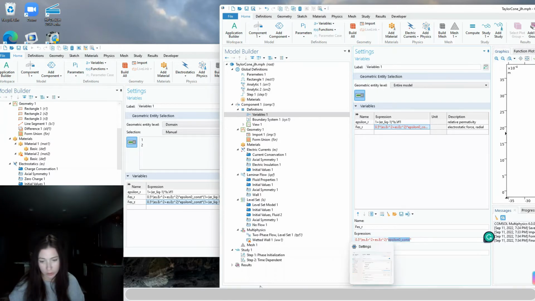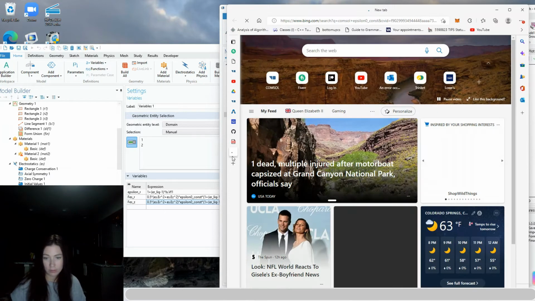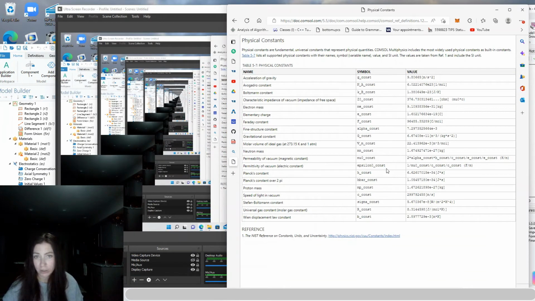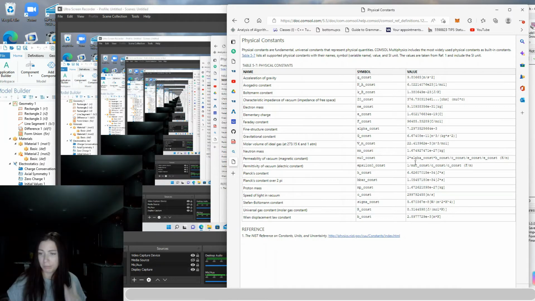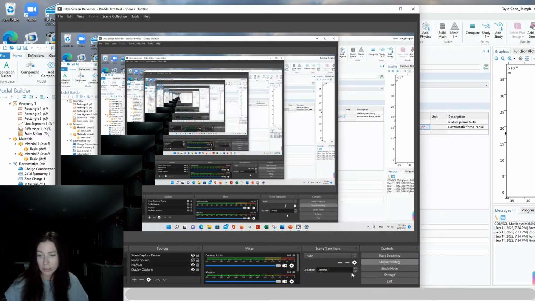Maybe that's a COMSOL constant. Okay, yeah, that's a COMSOL physical constant. Anything you see with underscore const, C-O-N-S-T, is likely a reserved name in COMSOL, and you can just Google it or look it up in the COMSOL documentation. So epsilon0_const is the permittivity of vacuum, an electrical constant, in units of farads per meter. Okay, so